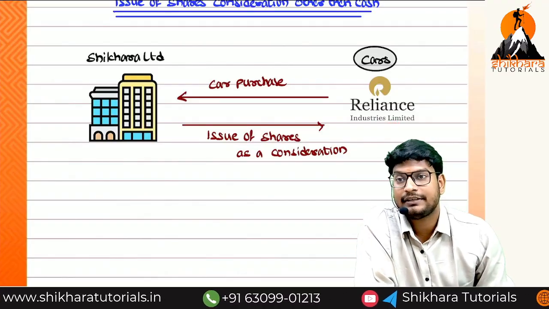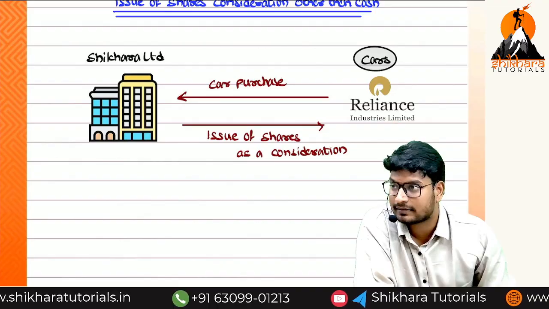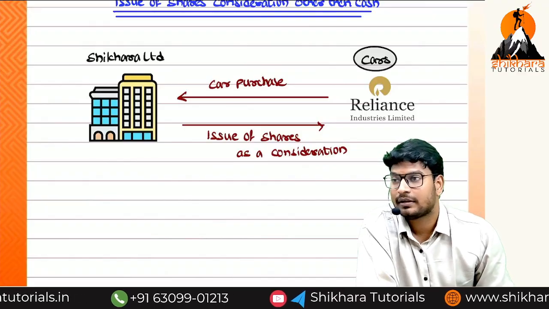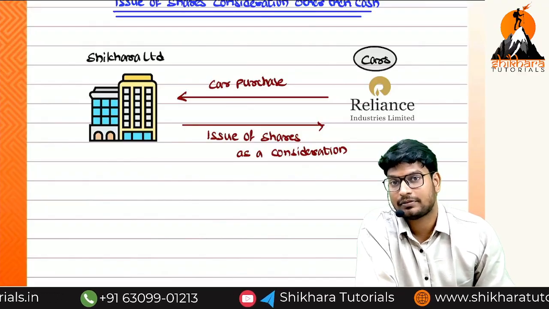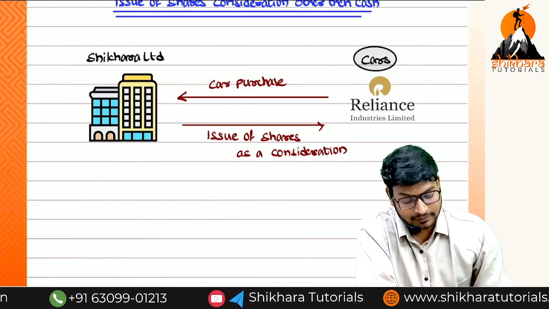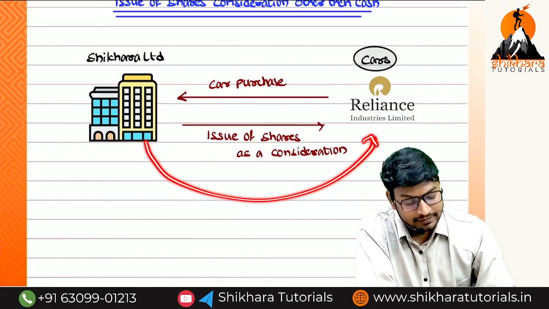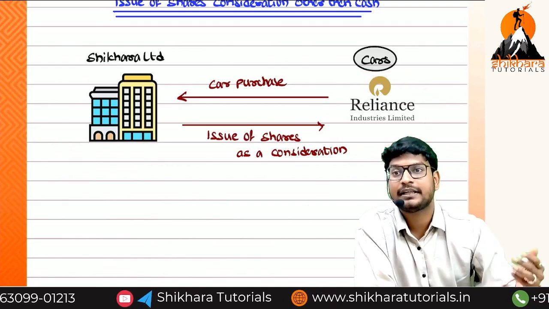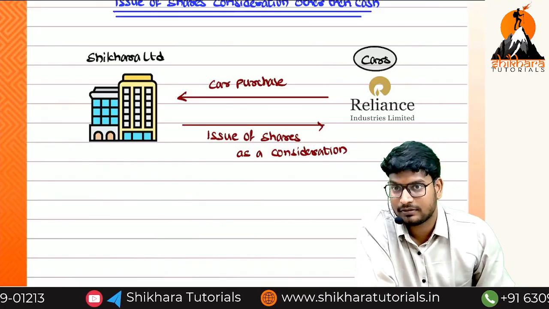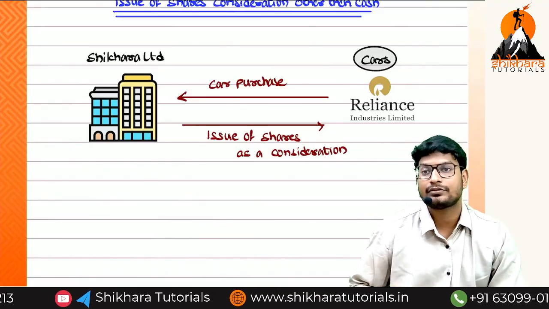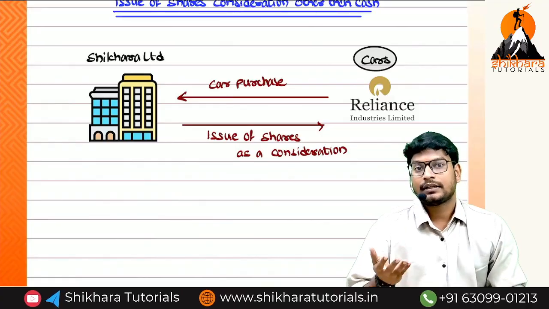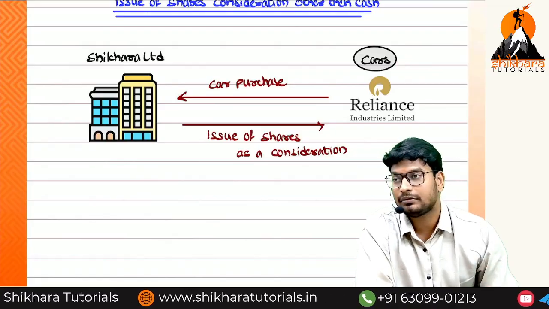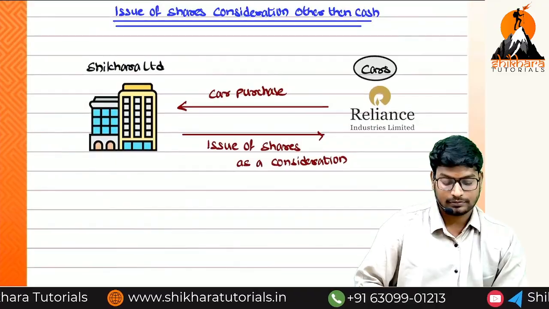And then what are we giving? We are not giving cash, we are giving shares. If in case amount is paid to the creditor, the entry is creditor account debited to bank account. But here we are not giving cash, we are giving shares. So what is the entry now? Reliance Limited account debited to share capital account. That's all. Those two entries we need to pass. Directly we should not write car account debited to shares. We have to divide into two entries. So first of all, take a note of it.